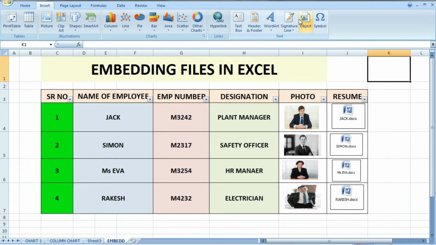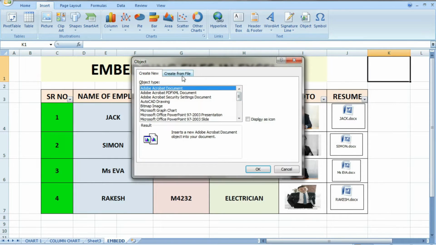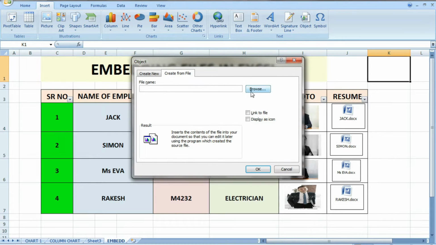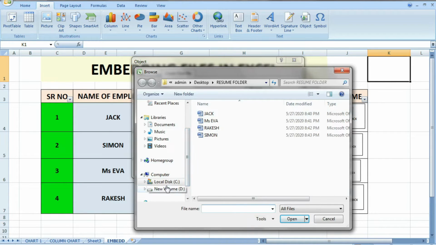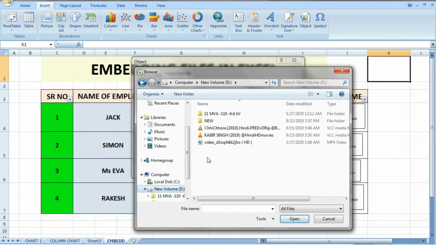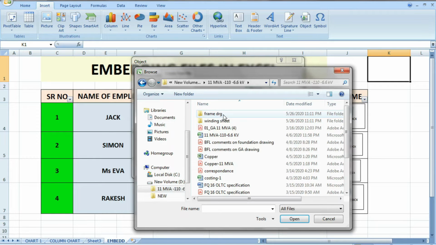Sorry, you should go into Object, and any Excel file in this. You go to test, any file, D drive. Excel file.